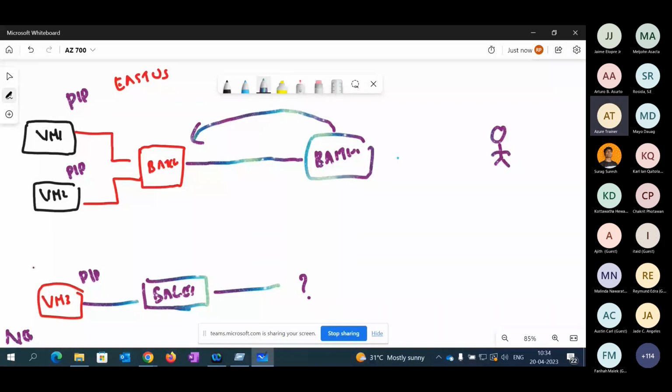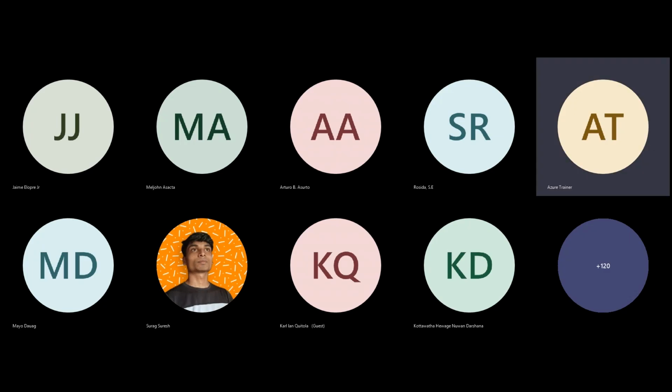Now, at any point of time, the moment you are trying to connect to VM1 or VM2, you will be connecting to the Bastion service first. You're getting the point? Instead of giving the IP address of VM1 or VM2, you will be connecting with the help of the public IP address of the Bastion service. Now, let's go back to the portal.